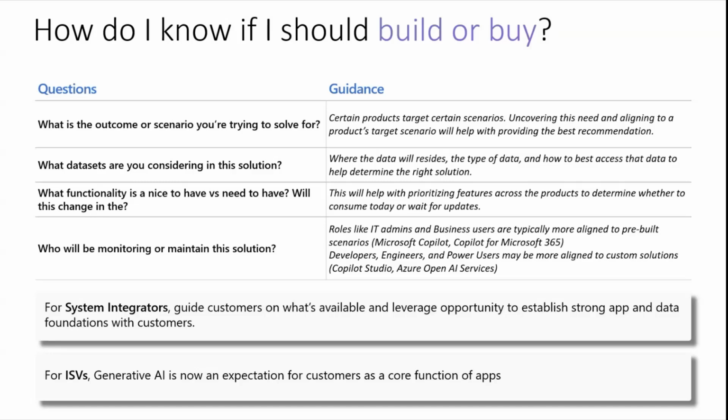So what data sets are you considering in this solution? Understanding where your data lives and how it will be accessed helps to determine the feasibility also. Some of the key considerations here: is the data in Microsoft 365? Does it come from multiple external systems? Does it require API-level access or special permissions? Does it need secure or real-time integration? So why it matters? If your data is already in Microsoft 365 with simple access, buying or extending is easier. If you need deep integration with internal databases or legacy systems, then building